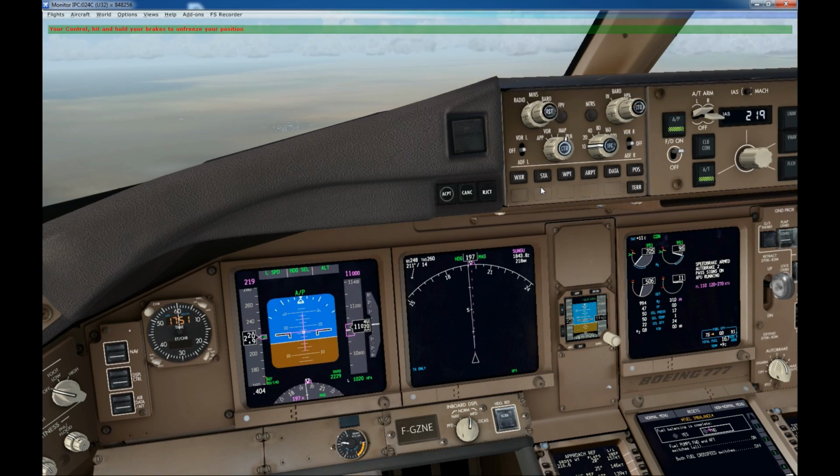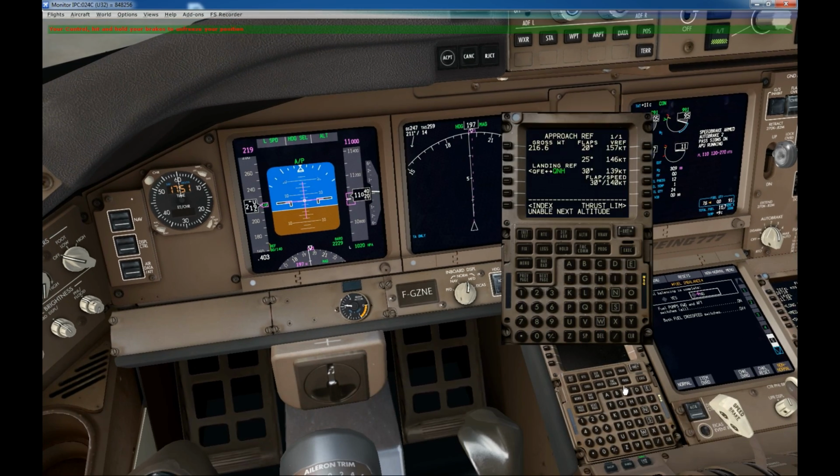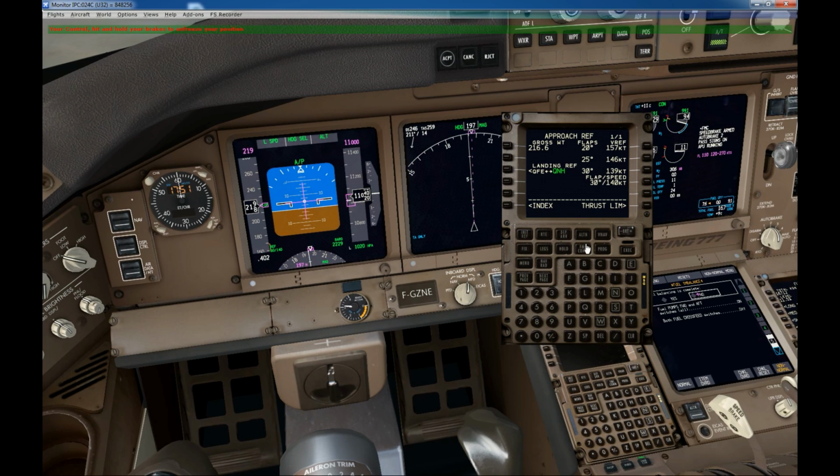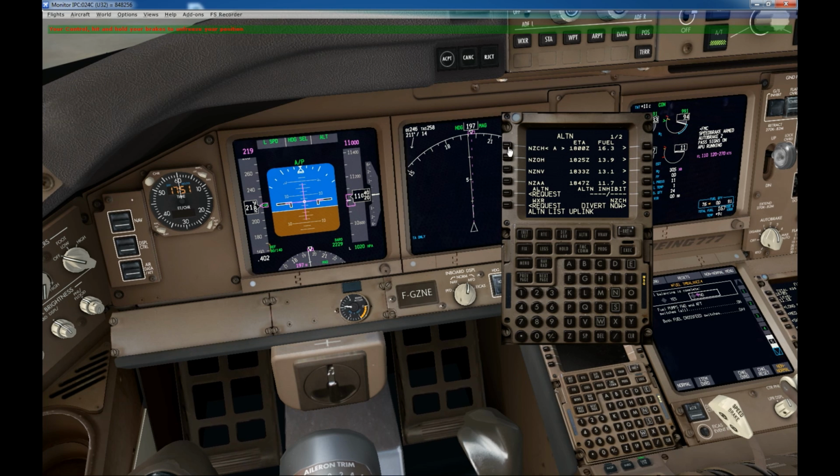10:20. And now we'll prepare our MCDU for the landing. So again, we need to divert, so it's going to be an alternate. We want to go to NZCH here. Divert now, execute. If I go to my right page, ILS 20,